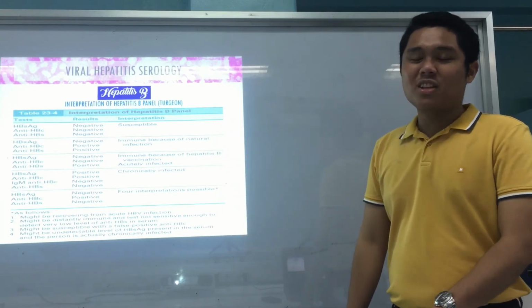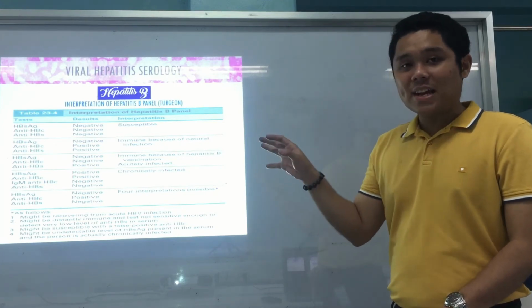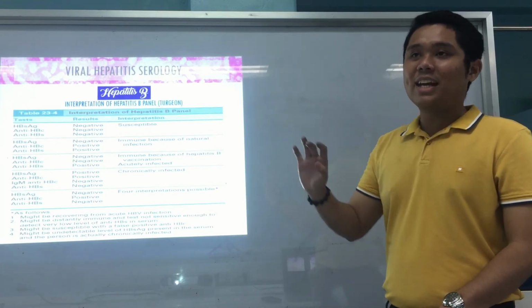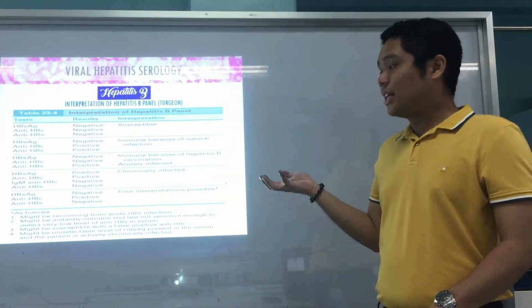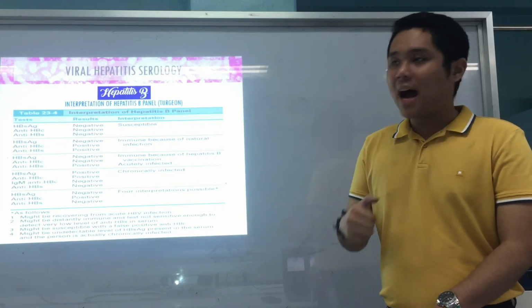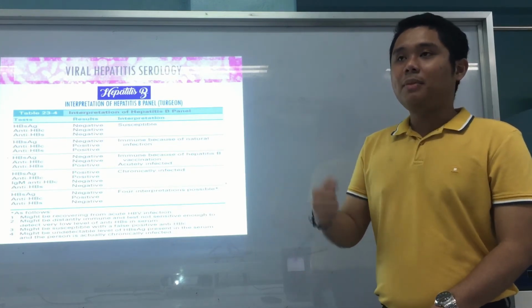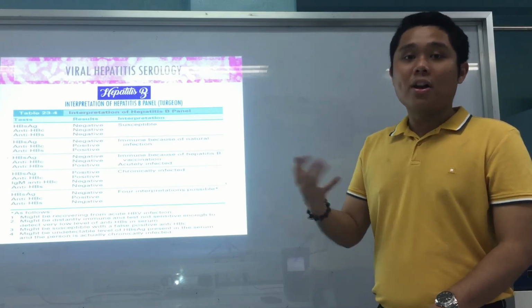So therefore, the patient is susceptible because again, negative siya tanan. Next, HBsAg is negative, anti-HBc is positive, and anti-HBs is positive. So this indicates immunity because of natural infection. Why? Because positive imong anti-HBc. Bahalag negative na imong HBsAg, it means that once you have anti-HBc na positive, it means that you underwent an